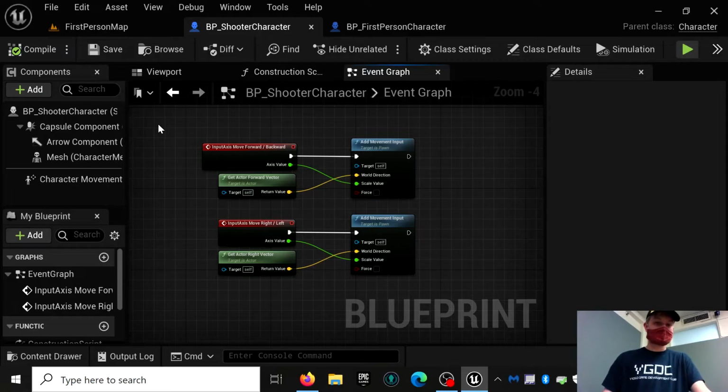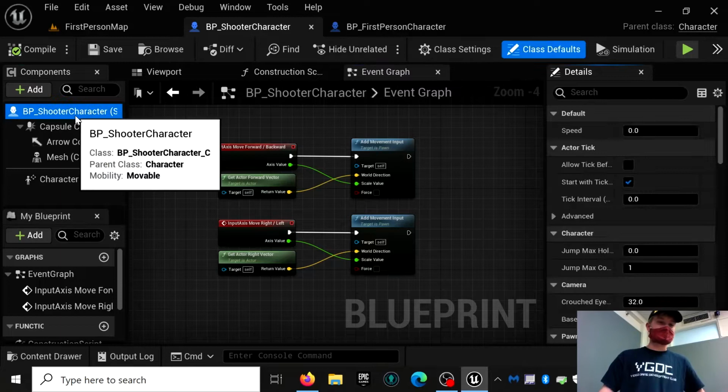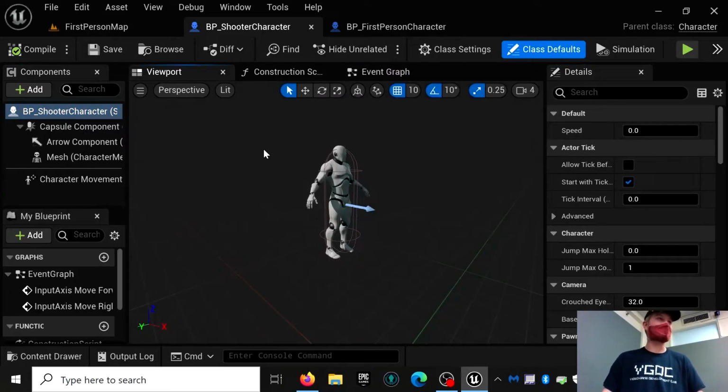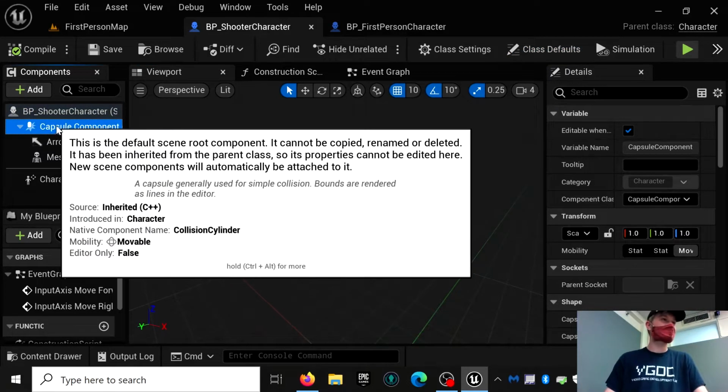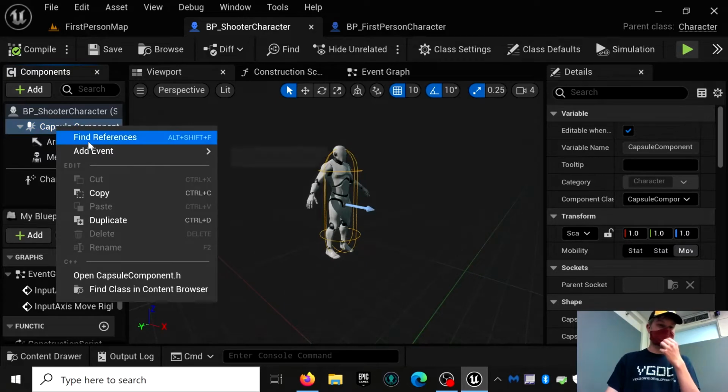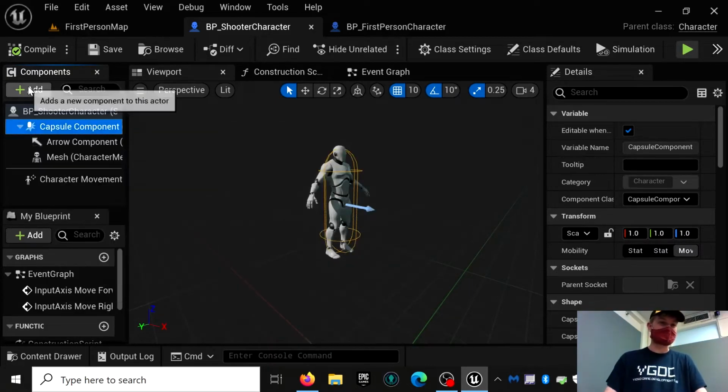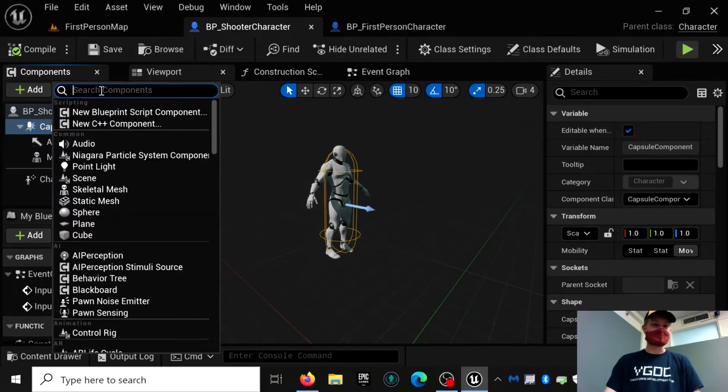Alright. Next, actually first, let me add the camera to the player so we can actually look at the player. We're going to want to go to the capsule component. We're not going to right click. We're going to click the add button. And we're going to look for a